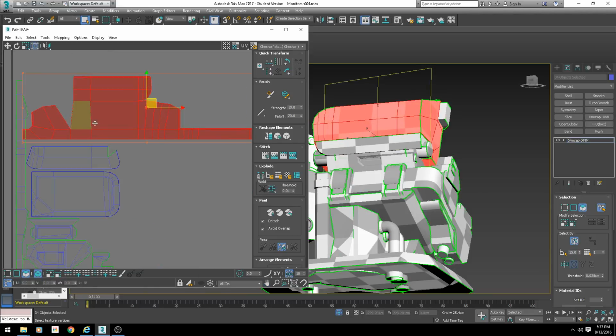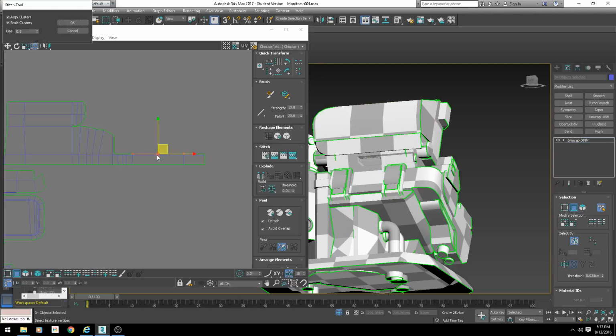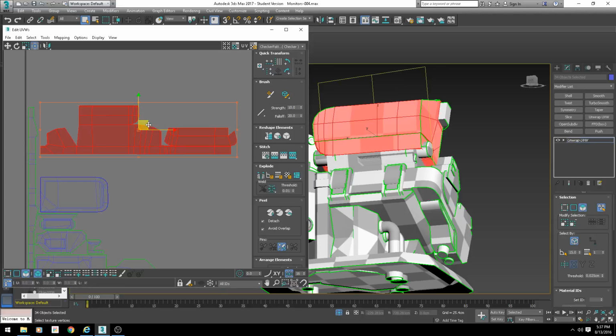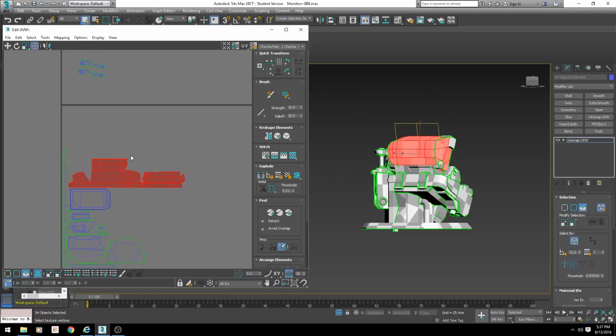This guy's kind of a stupid shape. I wonder if I can stitch this to here, if it'll look okay. And sometimes, as you're working, you might discover new things you can stitch together. The nice thing about stitching things, even if it's just a little bit, is you don't have to leave any padding in between them. So the less actual objects you have, the less space you have to leave, and that means less space to waste, which is always good with textures, because every few pixels you can save increases your resolution, and your stuff will look that much better. So,